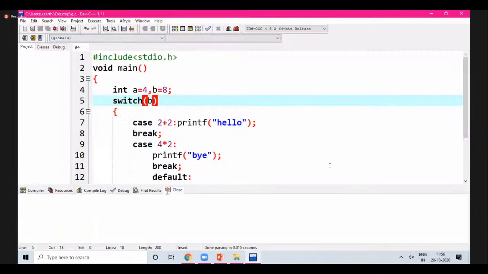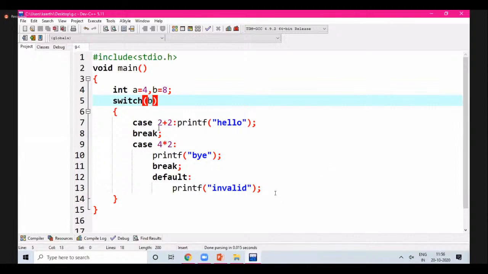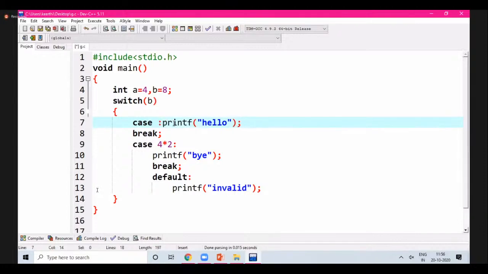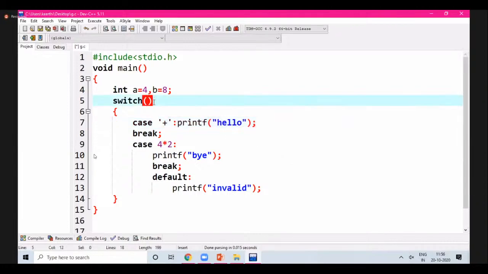This is a correct statement. You can use case label names like this, but you can't use 2.5; floating point constants are not allowed. You also can't use strings. But you can use a single character constant like case plus. If your input is plus, you print hello. So here I'll pass plus.